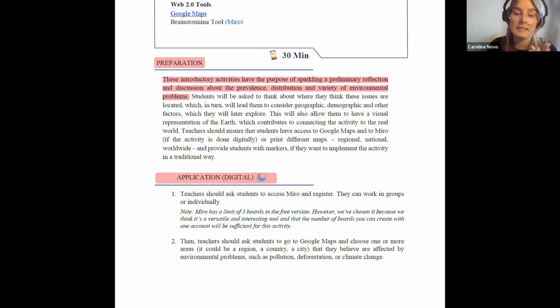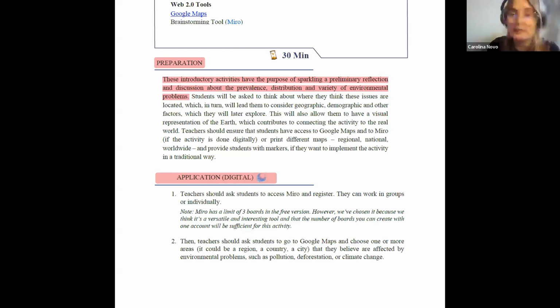But the idea is that they go to Google Maps. They can do it in groups or as you prefer, and they choose an area that they want to explore more. It can be a city, a region, a continent, but perhaps that is more difficult because it's very wide, but they choose wherever they want.